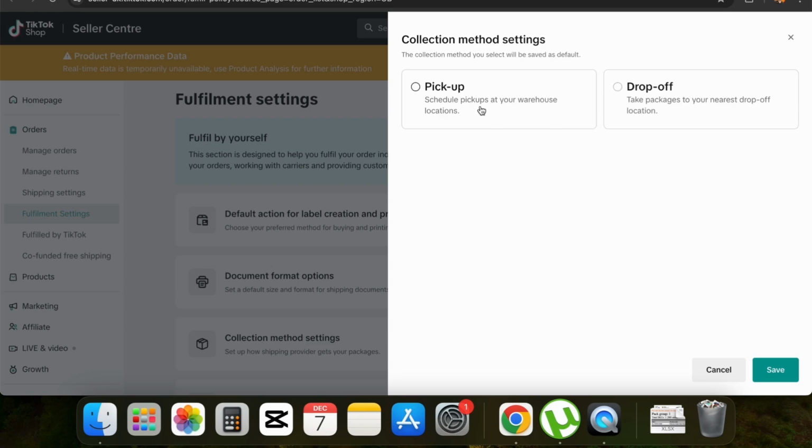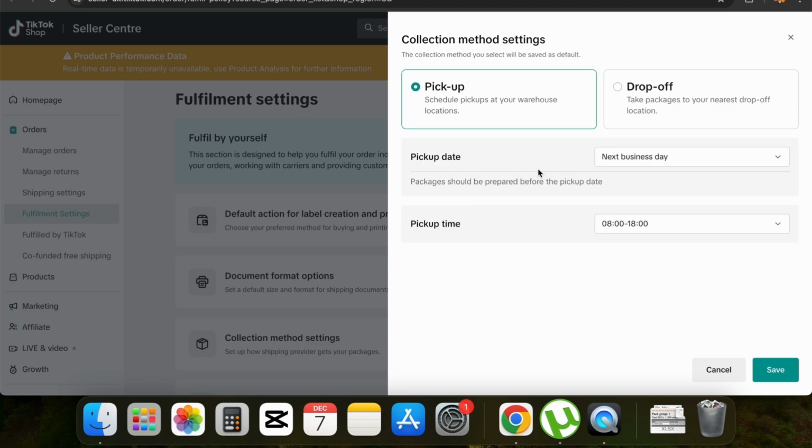So let's click on pickup, and here you can see that the pickup date is next business day. Wherever I get the address and print the label, the next business day someone will pick up the parcel from me, and the pickup time I can just adjust from here, right? So if I click on save,